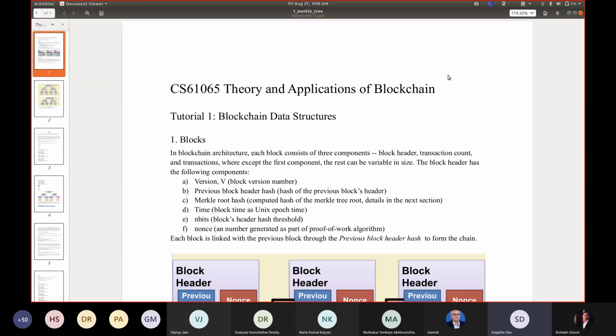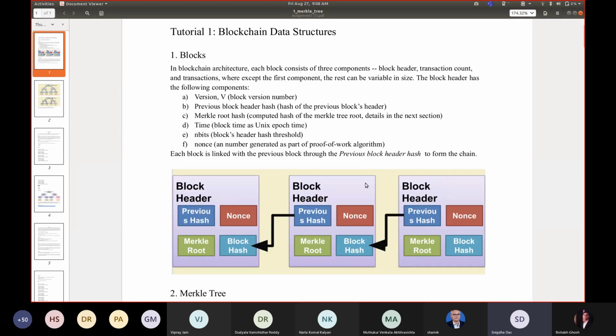In the first part, we will create the blocks, which means we will see how the blocks are linking and what the content between the blocks is: the version, the previous block header hash, the Merkle root, all the details. Whatever you have covered in the theory class, we will just do a hands-on in this tutorial.